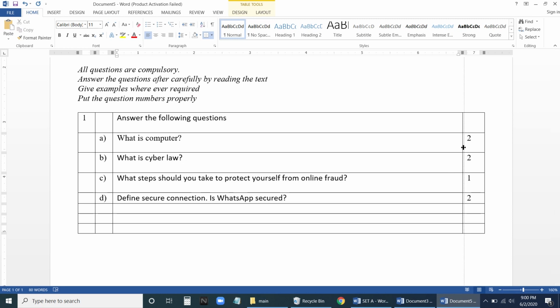Check this one. Now select this particular column. I'll move this to the right hand side. To move to the right hand side, I will come to the paragraph. You can see here, to the right side, align right. Click on align right. Now it has come here, this side.